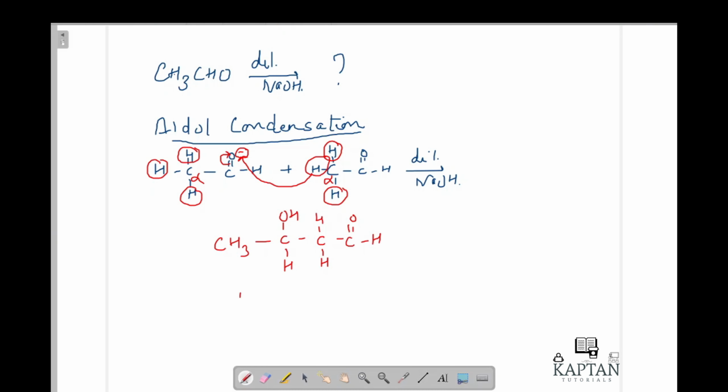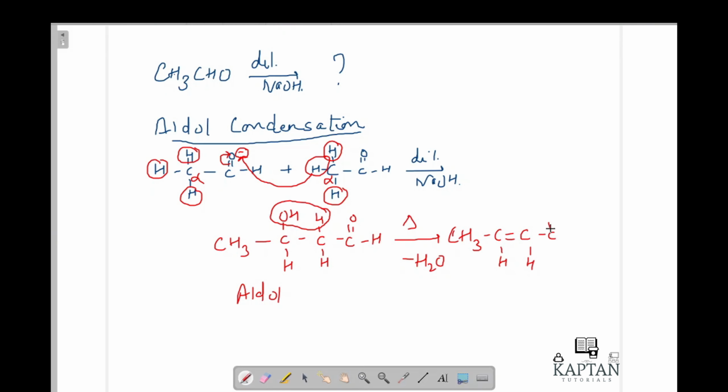So we call this an aldol. It has formed aldol. Now, if you heat it, then water will be removed from it. How will water be removed? By an elimination reaction. On heating, it gives you an elimination reaction, and the product formed will be CH3, just see, I am writing down the formula, CH3, then C here, double bond here, C here, it is H and it is H.